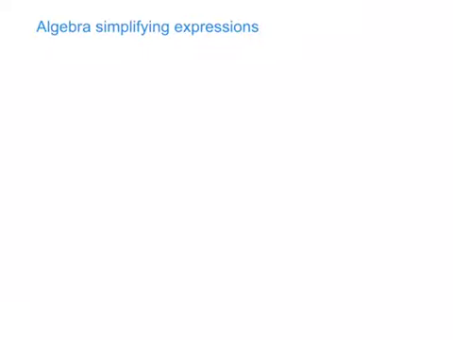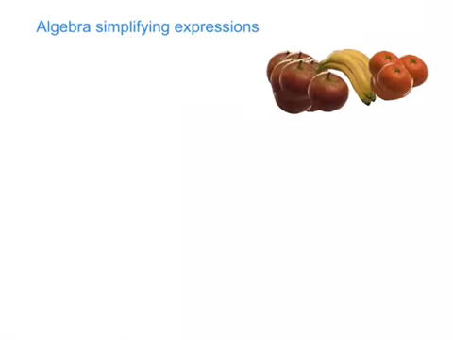Algebra. In this video to do with algebra, we are looking at how we simplify expressions. Okay, so let's just imagine, to begin with, we're going shopping. We're in a fruit and veg shop, and with my family, I am buying some fruit. So let's just imagine I walk into the shop and I first of all pick up 2 apples. So I'm going to put 2 apples